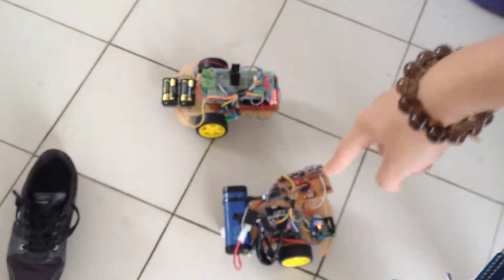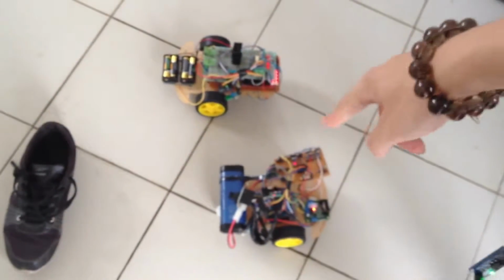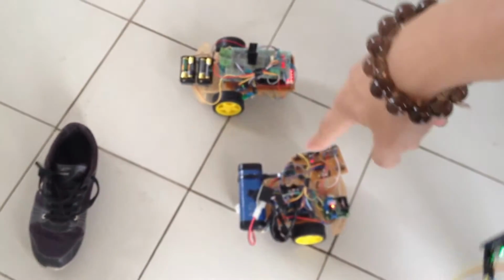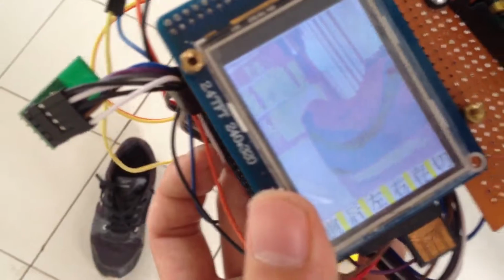This solo project is to control two model cars wirelessly. There is a camera on the first car. The microcontroller will transmit the video back to my remote operator. You can see there is a shoe in front of my first car, and we can also see this shoe